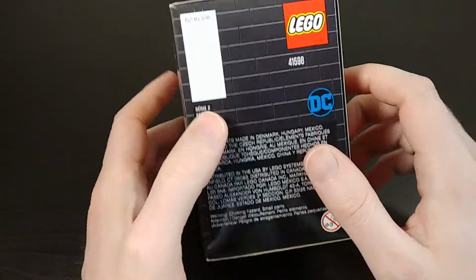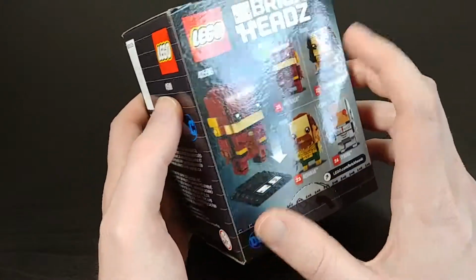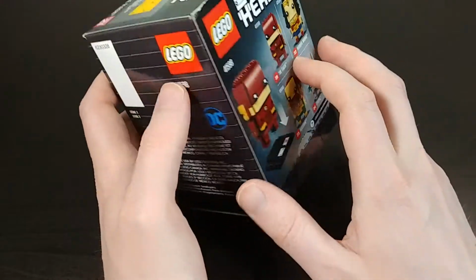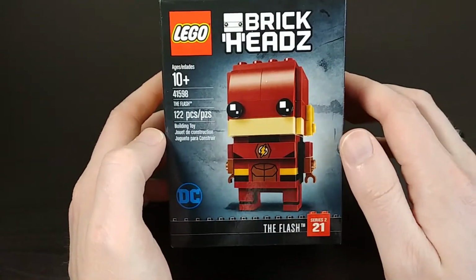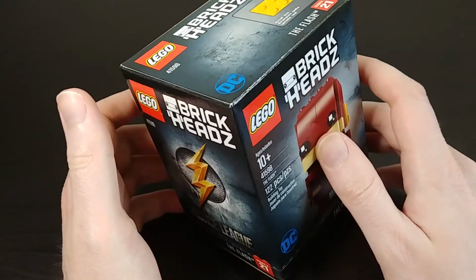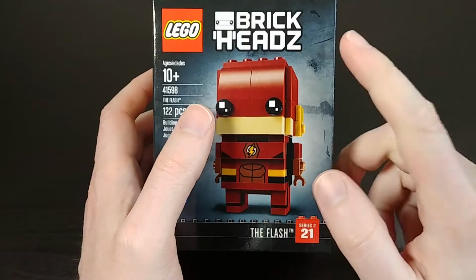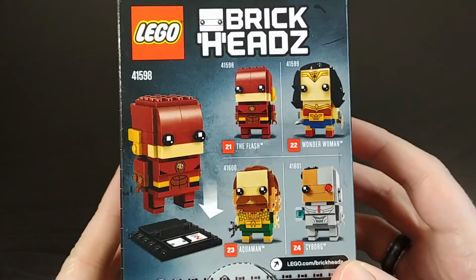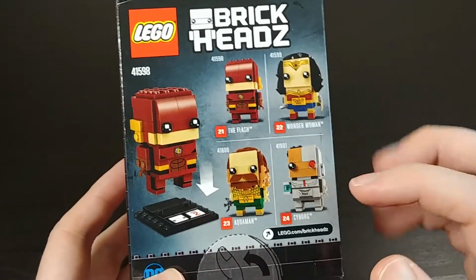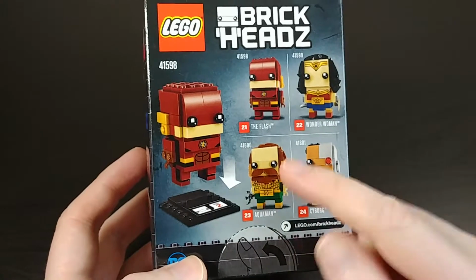And I really liked how it turned out, so I thought I'd go ahead and do this for the Flash as well. And actually, what I'm going to be doing is putting together all of the Justice League members from the Justice League movie. So I've picked up all the ones that are available right now, which are all of these on the back of the box. And I'll be doing videos on each of these in order,